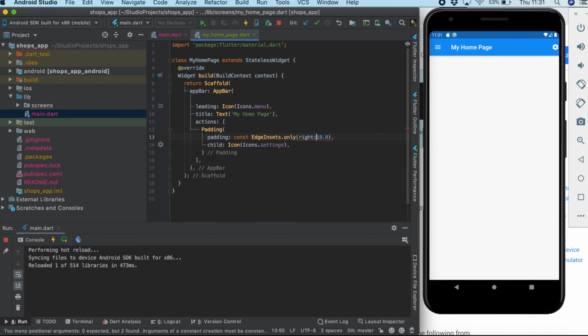So yeah, and now I'm gonna hot reload it. You can see now there's some space, which looks good. So yeah, that's all for this one. Stay tuned for my next